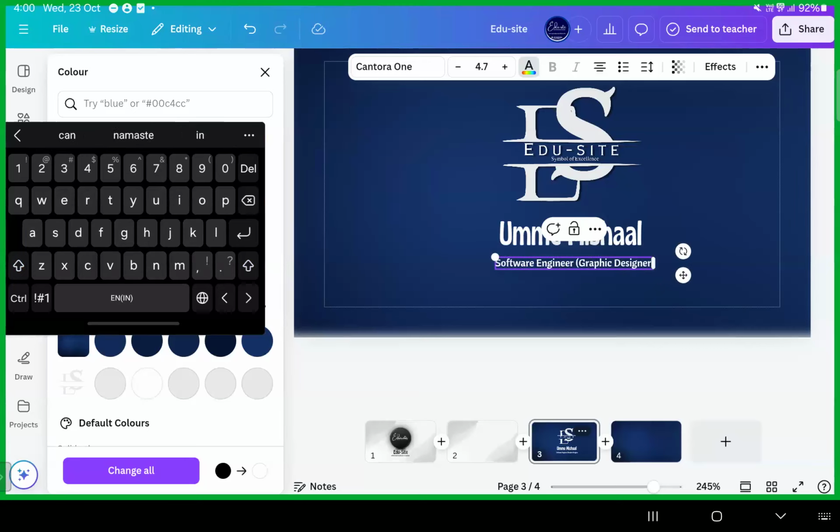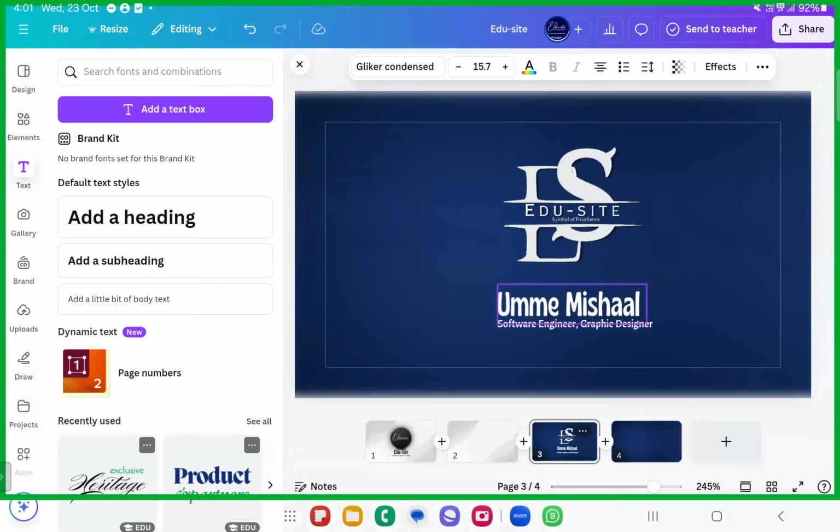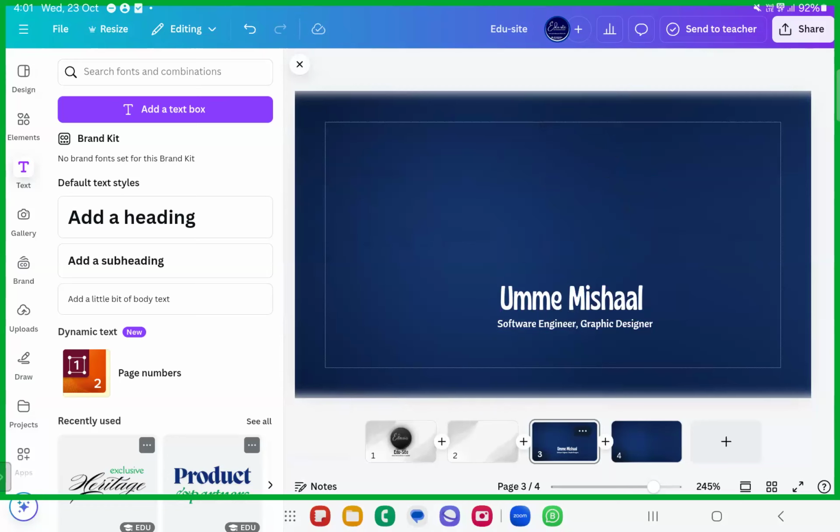Graphic designer. You can mention two to three professions. No need for brackets here; you can separate them with a comma. If you want to write a single one, you can just write graphic designer there. It's all up to you. I'm Michelle and then graphic designer. Make sure this one is changed to whatever names you wish.